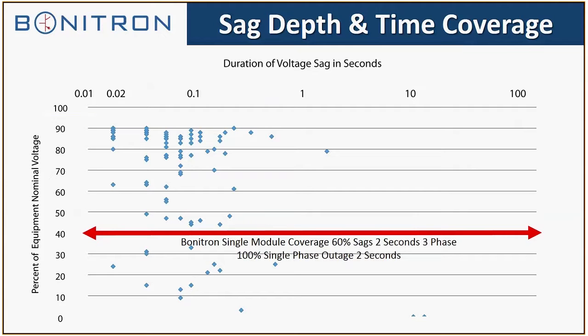Now first we're going to look at the SAG ride-through, talk a little bit about that, and once again we look at 40% remaining, all three phases for 2 seconds. And if you look at these, all the blue dots are recorded events, so you can see that the majority of the SAGs that you see are no less than 60% or 40% remaining. So this does cover a great majority of the SAGs,